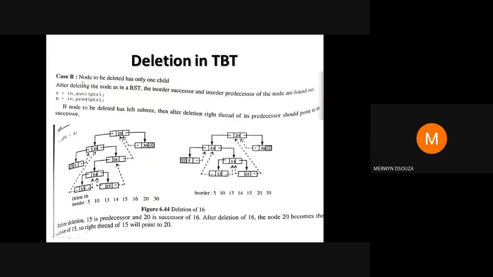Okay. Again, as you can see here, if you have revised your concept of binary search tree, you will know that these cases are the same. So again, the second case is node to be deleted is having one child. Suppose now we are deleting a node, say we are deleting 16. Since we are deleting this, you can see it is having only one child, that is left child with value 14.